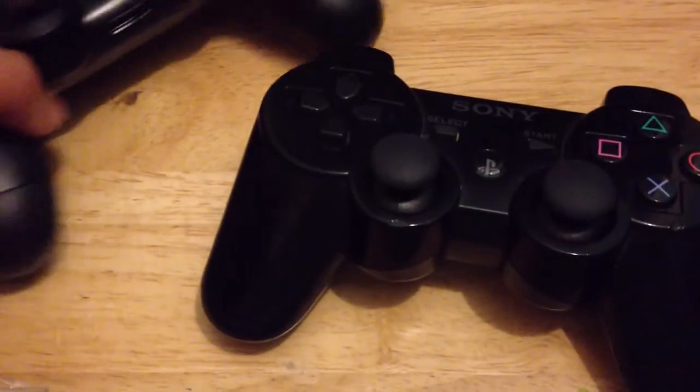It's much easier to play first-person shooters and racing games using these analogs rather than the steeper PlayStation 3 ones. You can get add-ons for the PlayStation 3, but it's just kind of annoying having to buy extra things. But the most annoying thing, which is what many people say in the reviews of this PlayStation 4 controller, is about these thumbsticks on here. They usually wear out, and